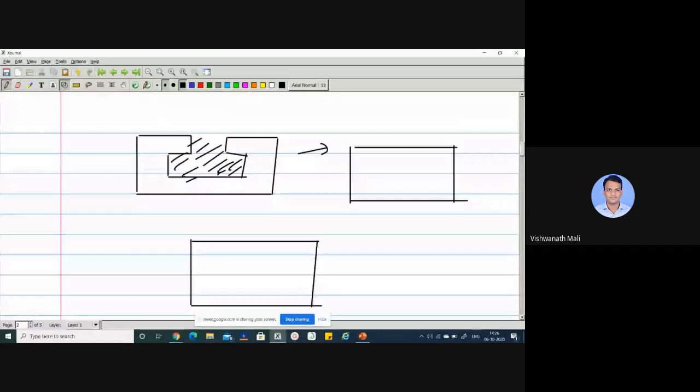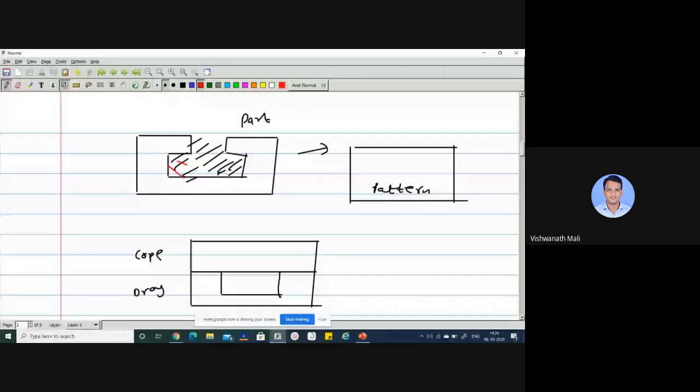So with the help of this pattern, you have made the mold or cavity inside the drag. Now you want this red portion, this internal feature. So to get these internal features, you have to produce the core of that shape. So this is the core